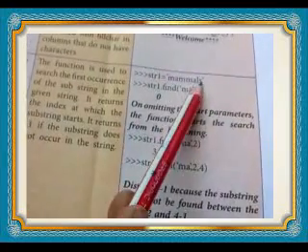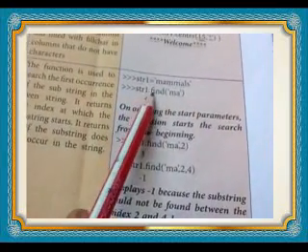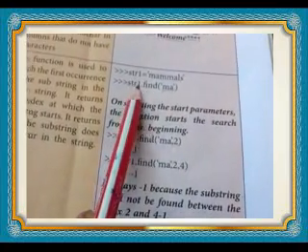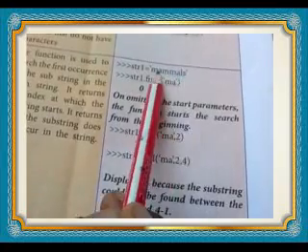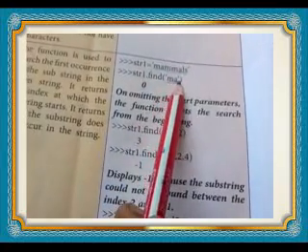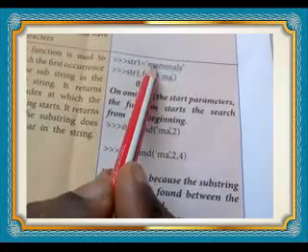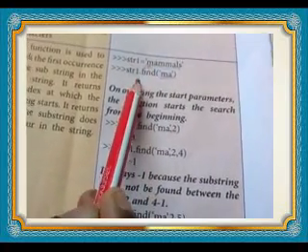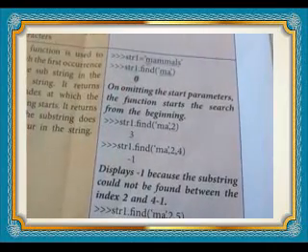str1 equal to mammals. str1 dot find ma. We want to find ma from str1. What is there in str1? Mammals. From this string we want to find ma. Understand? Ma where? At the first itself, the 0th position it is there. So it returns 0. Did you get it?